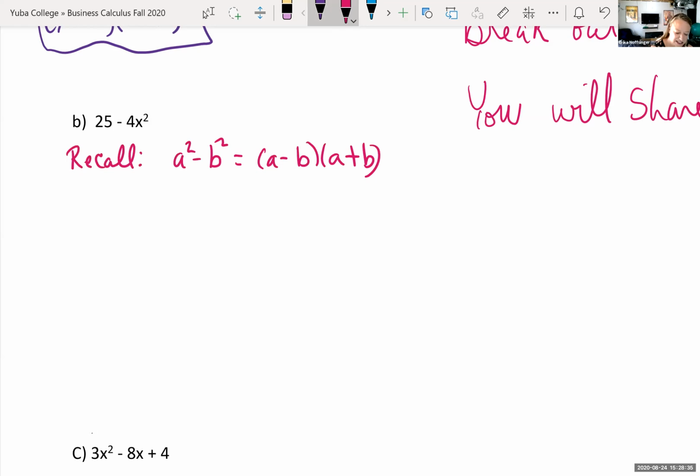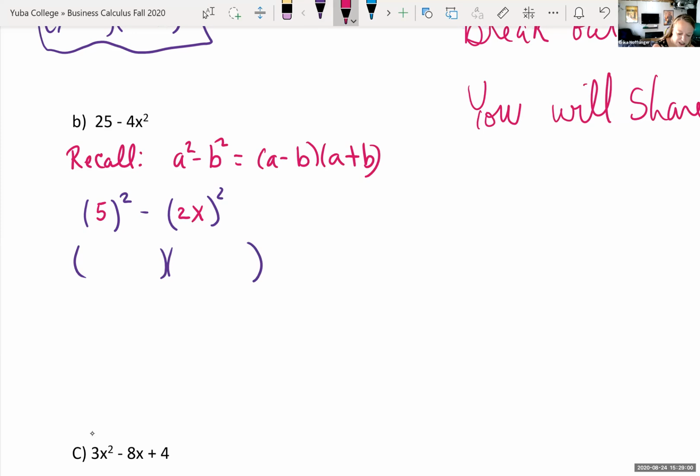And so looking at 25, think of what we can square to get 25, and let's think what we can square to get 4x squared. Well, we can square 5 to get 25, and we can square 2x. 2x times 2x is 4x squared. So we got it in this form, and so now we can say this is the same thing as